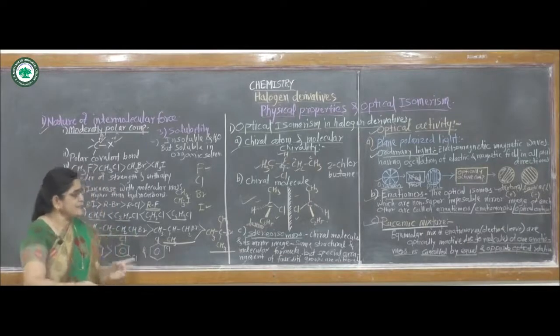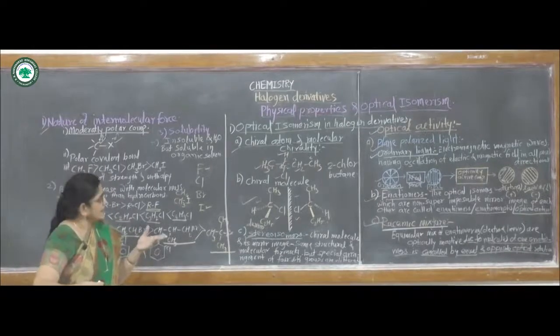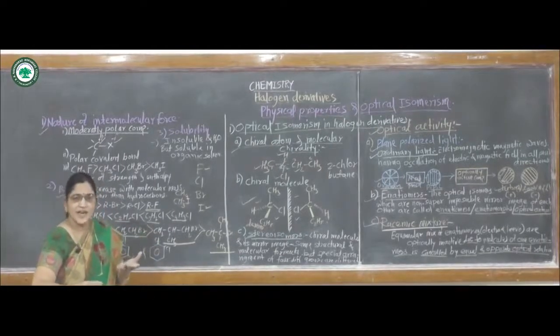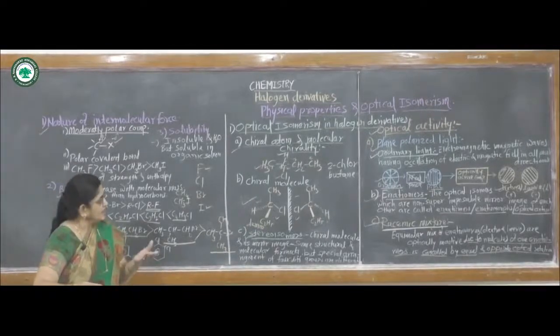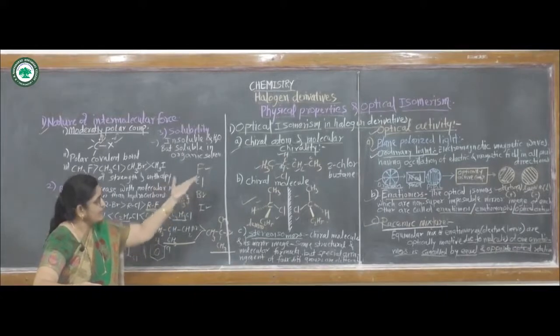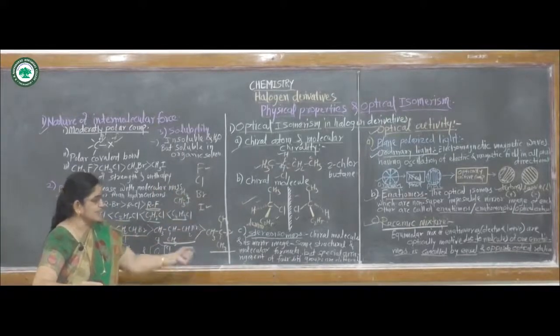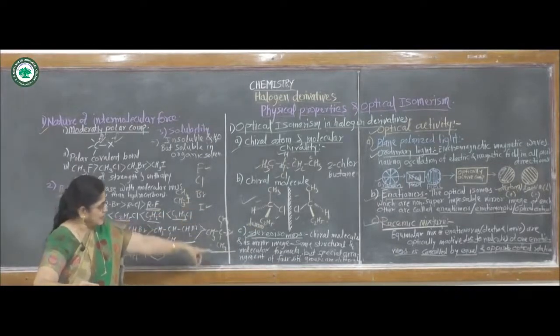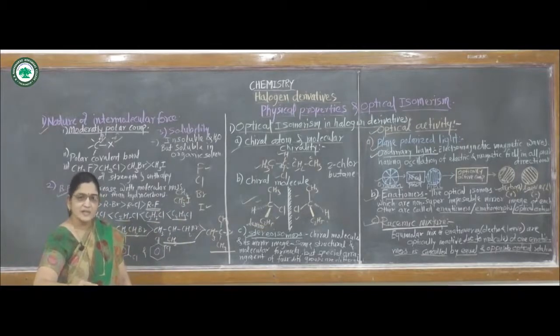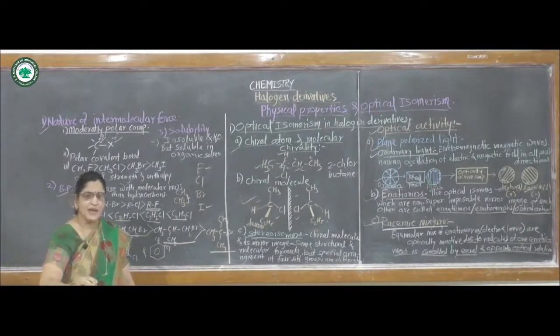In the board exam, there is always a question: explain the optical activity of 2-chlorobutane. In this way, there are definitions of chiral atom, chiral molecule, stereoisomer, racemic mixture, etc. Define any of these terms, or a long question such as explain the optical activity of 2-chlorobutane, or the next example, explain the optical activity of lactic acid.